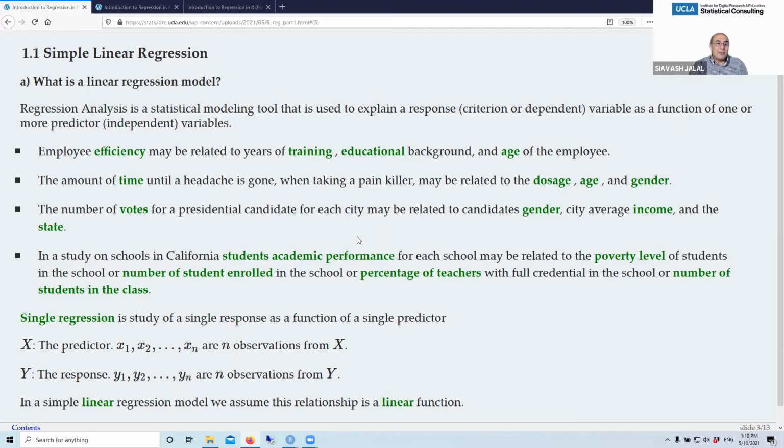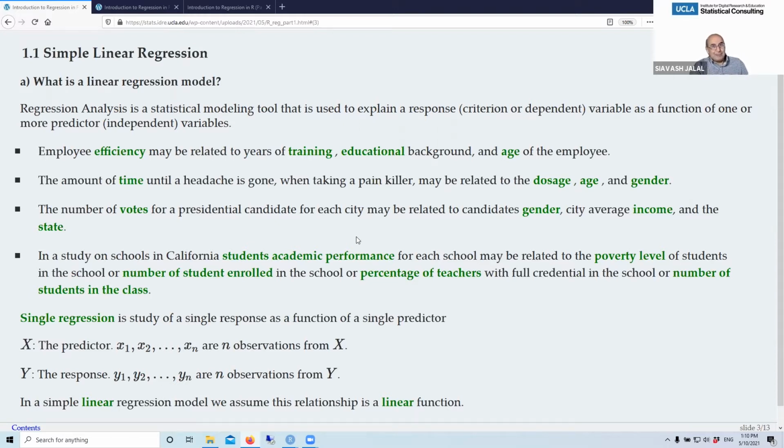Or for example, number of votes for presidential candidate for each city may be related to candidates' gender, city's average income, and the state. For example, if the state is east or west as a categorical